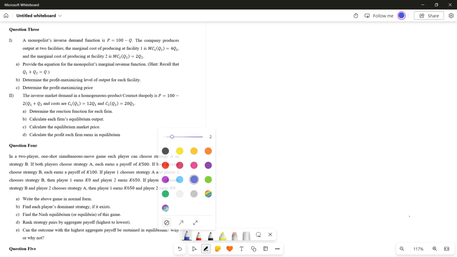So part 2 is saying the inverse market demand in a homogeneous product Cournot duopoly is, so we have